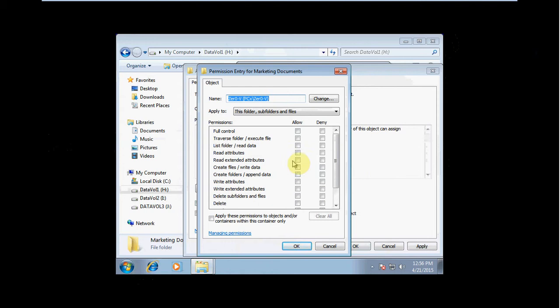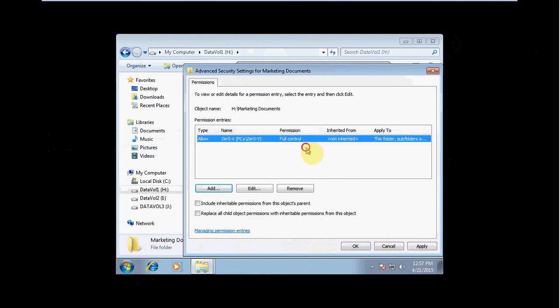And in here, we can go and select specific permissions for users. So if I do this with my test account, I could give them specific permissions and deny others. Since this is the administrator account and the owner, I'm going to give full permissions. And it automatically applies to this folder, subfolder, and all files contained within. You can go and adjust that for specific things depending on your usage. So I'm going to hit OK